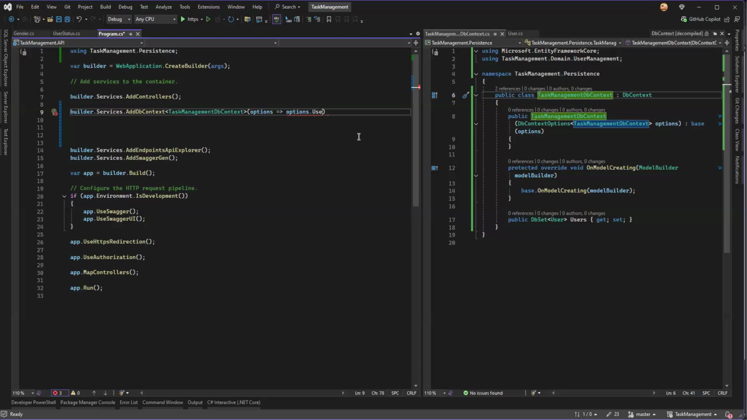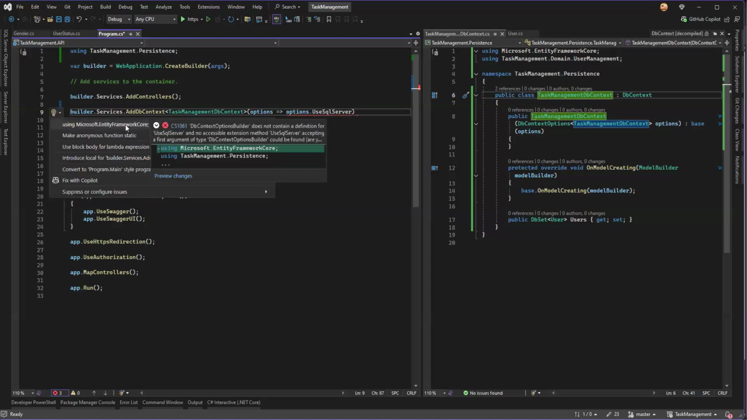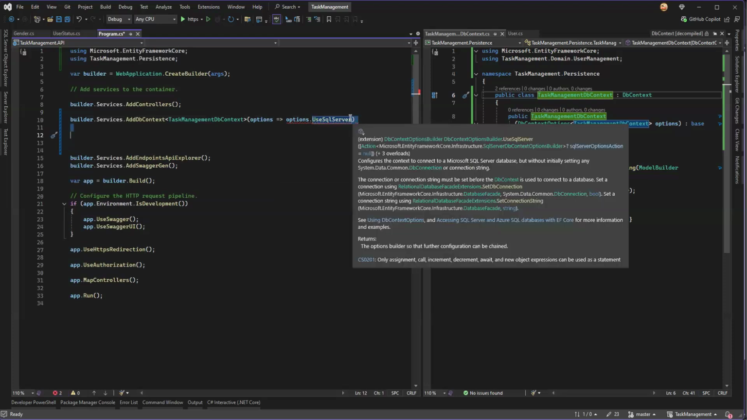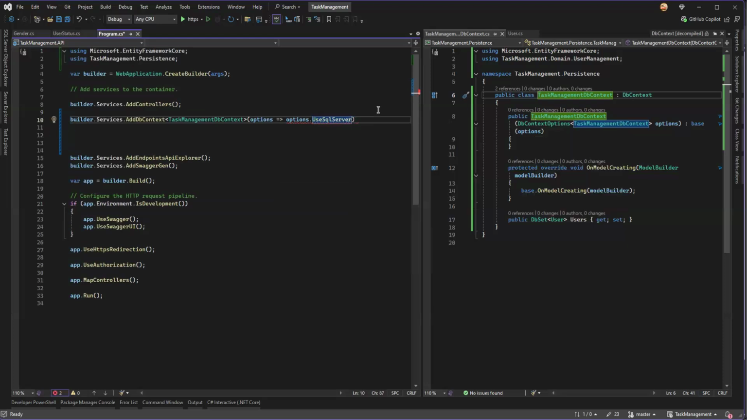If you encounter that, then you just manually install it and use SQL Server. Now I have to press Control dot to import it. Then what is UseSqlServer taking? If you check now, it's taking in